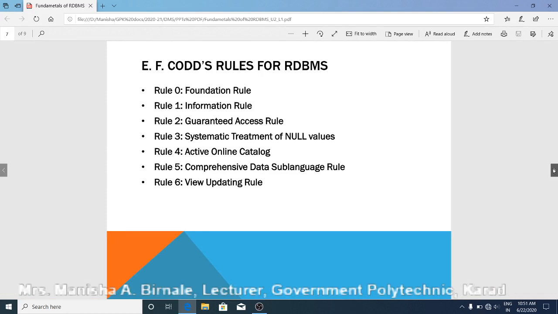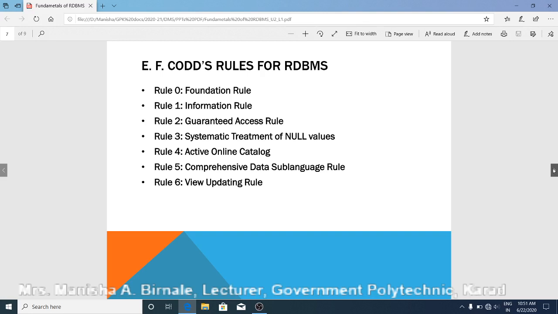Now the scientist Codd proposed this relational model, and based on that relational model, the relational database management system is designed. There are a total of 12 rules of Codd. Rule 0 is the foundation rule and all the 12 rules are based on this foundation rule.